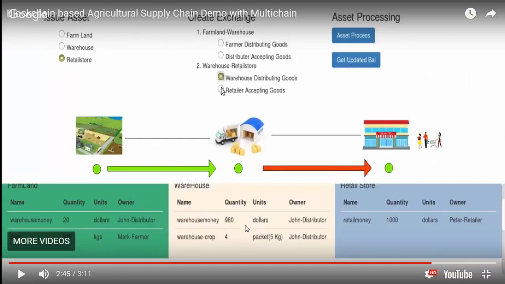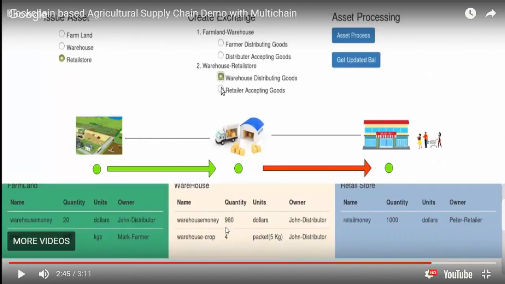But then he had $100,000 earlier, but then since he bought the crop, he has $980 right now. The one thing that we did here is the 20 kgs that was transferred to the warehouse was transformed into a packaged product, because finally it has to go to the retail store. So that's why it is no longer shown as 20 kgs of the crop in the warehouse